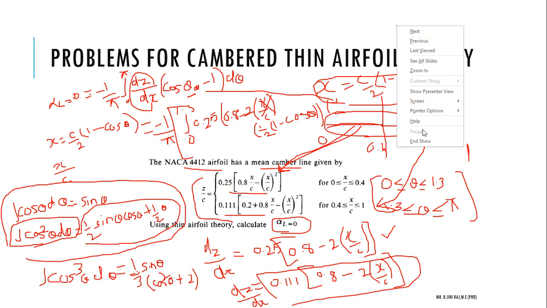Okay, fine. Just try to solve this and find some answers. It will be between some degrees, because alpha L equal to 0 will be a negative value only. You won't get positive values. It will be a negative value for cambered airfoils. And don't think it will come like 13 degree, 14 degree. It will be like minus 1 degree, minus 2 degree, or minus 0.5 degree, likewise only you will get the answers. So find it.